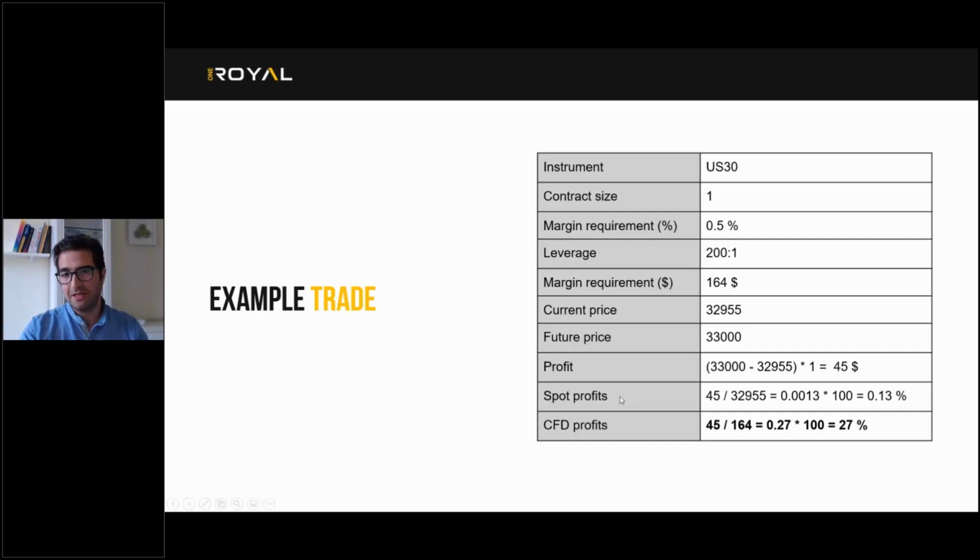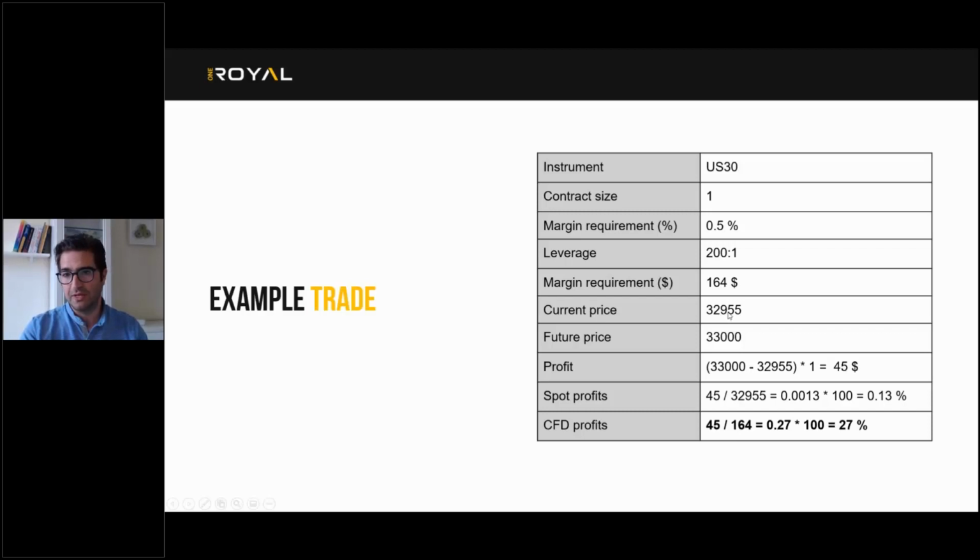In spot trading, what I mean is when you buy the whole index or the whole amount with a cash account, you need the 32,955 to be able to trade. However, in CFD, you need just 164. Okay, so if you made $45